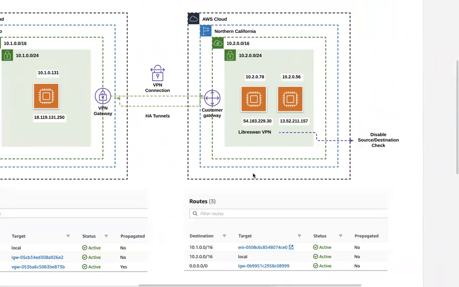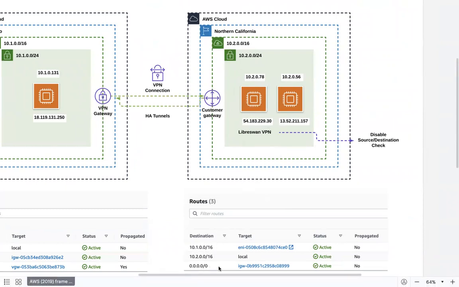Now let's take a look at the route table for your on-premise network. As usual, you can see over here 10.2.0.0/16 is the local route, which means all of the entities can talk within each other. Again, since this is a public subnet where you have your VPN device, 0.0.0.0/0 should go through the internet gateway.